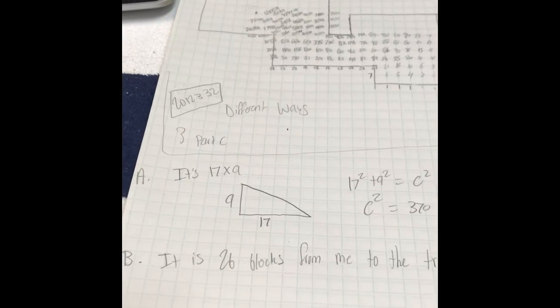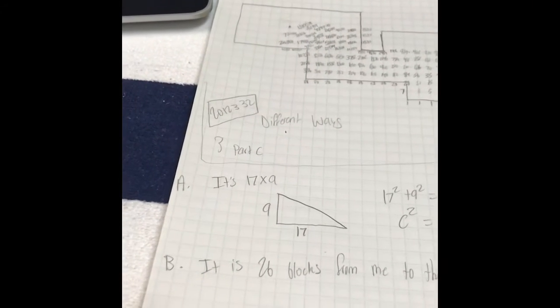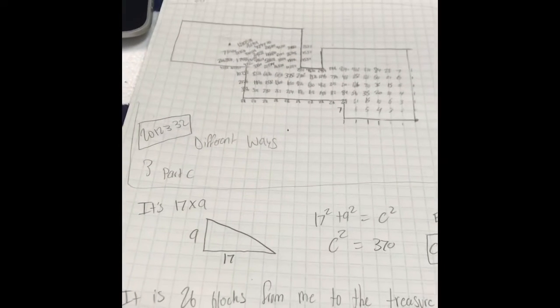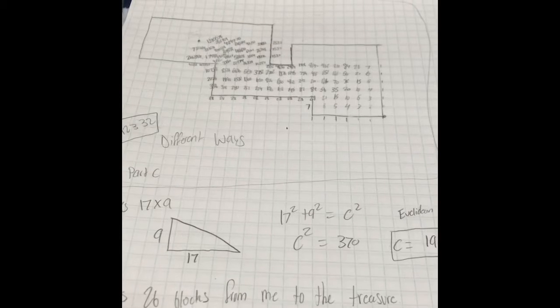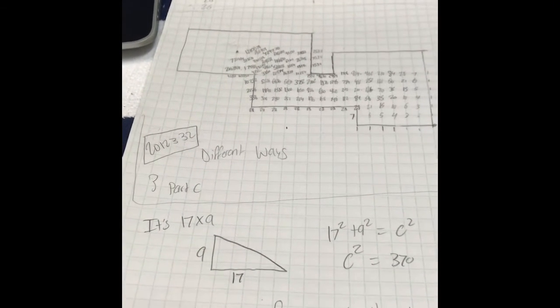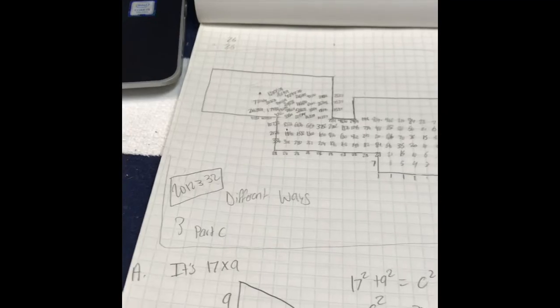Now, part B was how many blocks, or how close is it? I found that it was 26 blocks from boat to treasure. That is because I took different routes. I just looked at them and counted them up, and it was 26, and that was the shortest one I could find. Now part C was to calculate the different ways. I found that the answer was